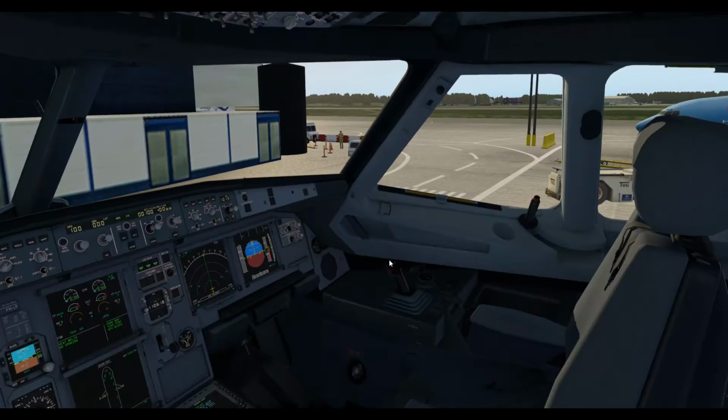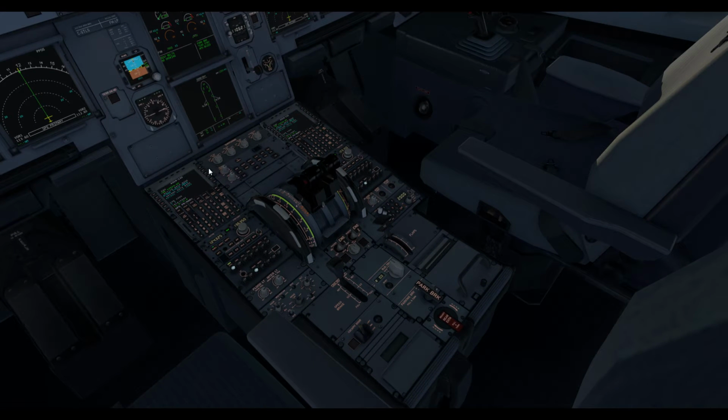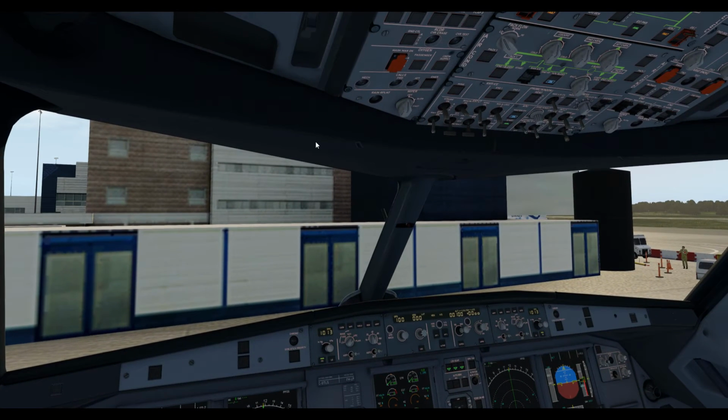And if we go down, then this is the lower pedestal. Its proper name is Multi-Function Control and Display Unit. This is where the flight plan details are input into the flight management system. I'll show you that in a bit more detail in a second. We've got the radios, obviously the throttles, things like flap control here, speed brakes, and so on and so forth. It's just basic stuff, parking brake. Okay, so